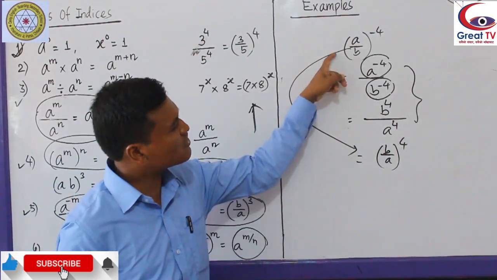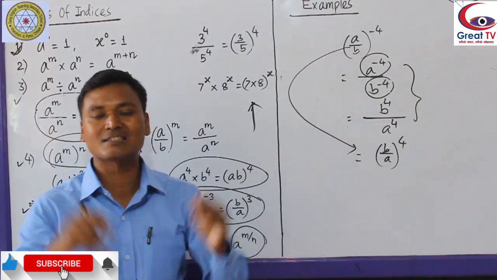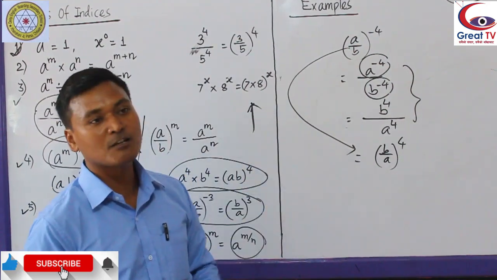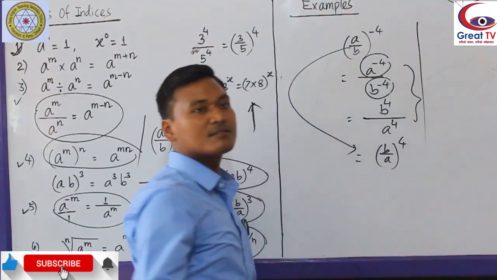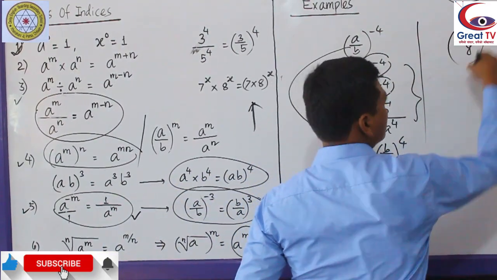Only one thing, just change the base. Write the reciprocal of this and just change the sign of power only. Don't change the sign of base. Just change the sign of power. But you are from class 9, you must know. If x by y whole power 4,